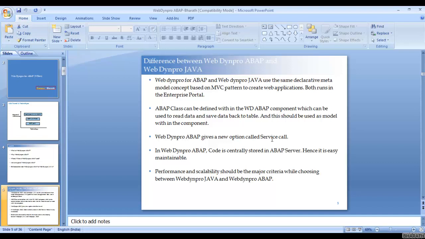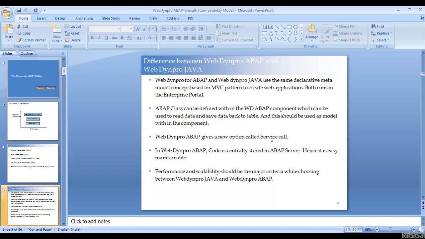Okay, there is a drawback with the service call. Let's say, for example, a developer has developed a new RFC and particular parameters had been created in the RFC. Once the service call has been generated for that RFC, if there are any changes in the function module parameters, they will not be considered in the service call.